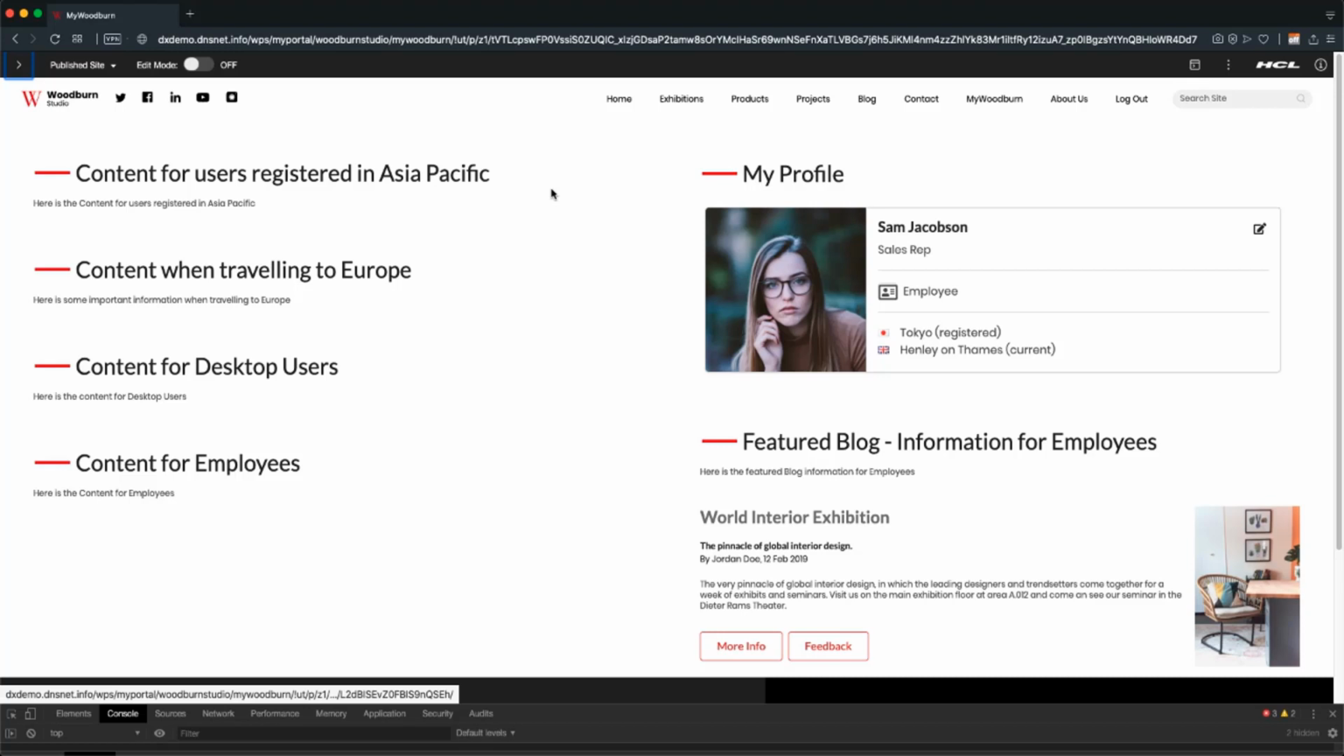These are just some examples of how personalization rules in HCL Digital Experience can be used to create a relevant